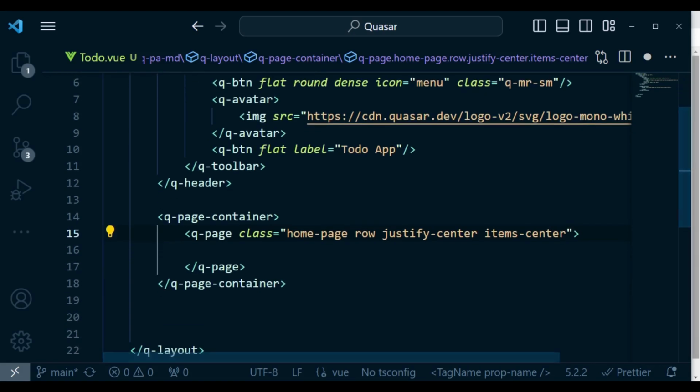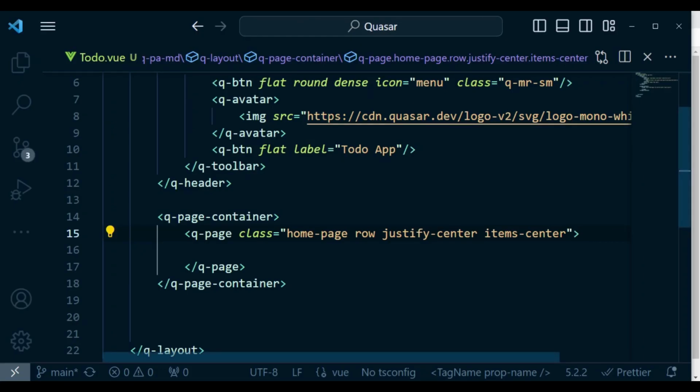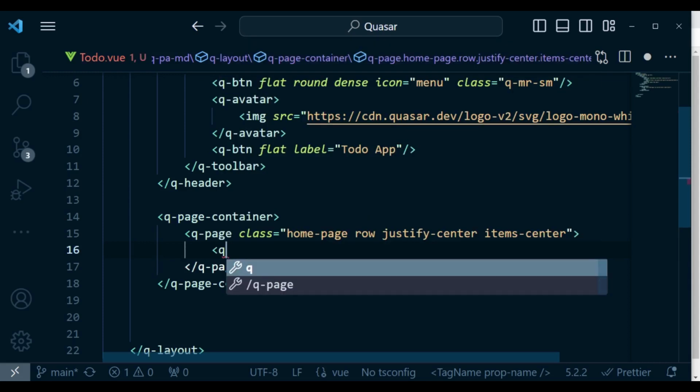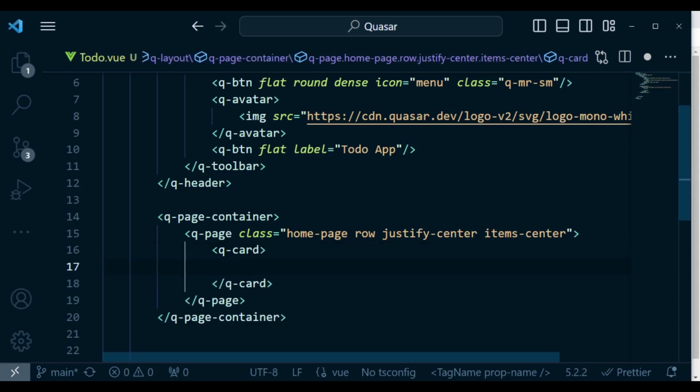After that, I want us to have a card. Obviously, if we save this and check, it's basically virtually nothing that you can be able to see. But I want us to continue and now have a card. So what we are going to have is q-card, like that. And this one, I want us to give it a class of